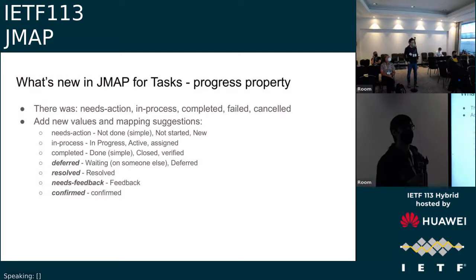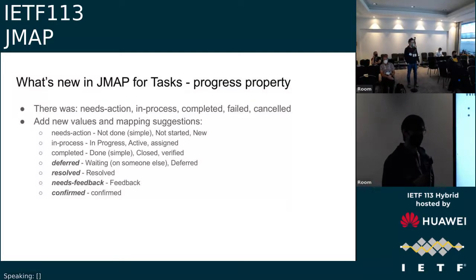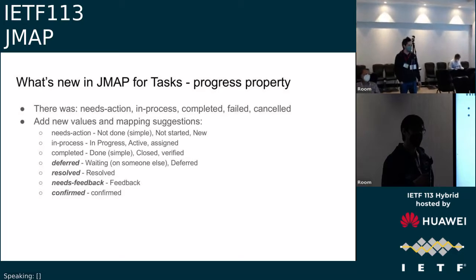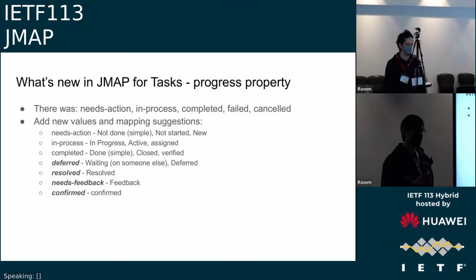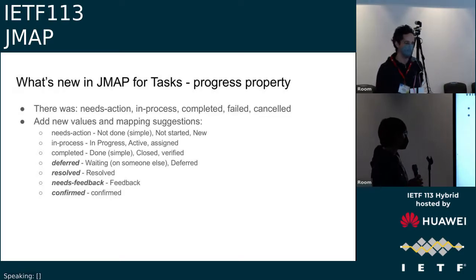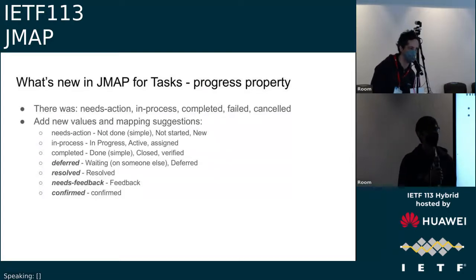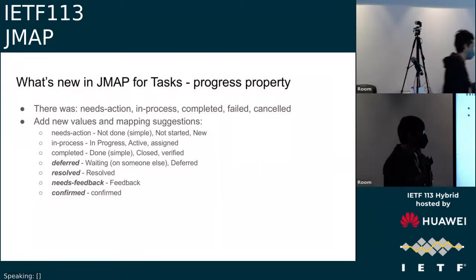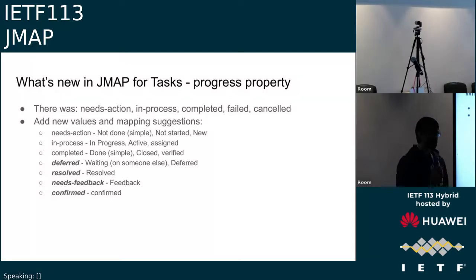Yeah, I think it looks good, and I think it would be simple to add these to the registry as allowed values for the enums. I'm not sure if it is also for iCalendar VTODOs? I think we already have needs-action, in-process, completed, or is it just in the task draft? But nevertheless, for JSCalendar, I think it should be just a thing of extending the existing registry with these values. Okay. All right. Then if you can move to the next slide, that would be nice.